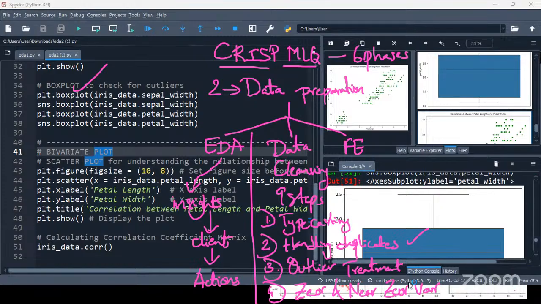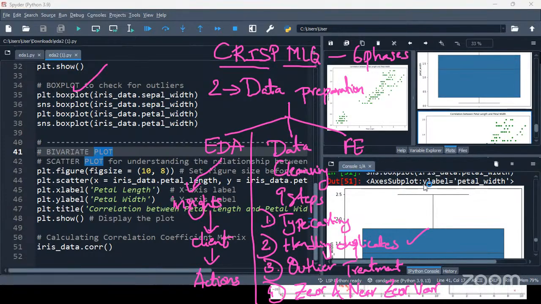Variance represents spread from the center. If the data does not contain any spread, if the variance is zero, what is the purpose of continuing with that column? So we remove such columns. Such features will be eliminated.